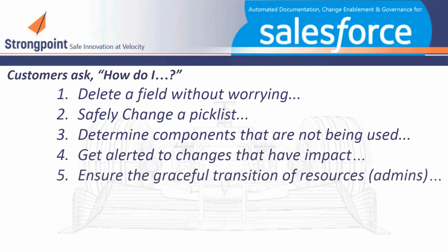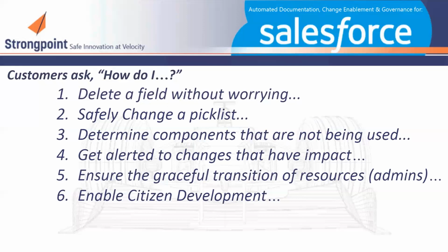I need to ensure a graceful transition of resources. And we're seeing a lot of this lately with admins and devs. There's a talent shortage, and so people are moving around. They're not staying in orgs very long, and this leads to the idea of, hey, I can't get top talent, so I'm going to try to enable citizen development. I'm going to take some of my business folks who understand the functional requirements of the solution, but maybe